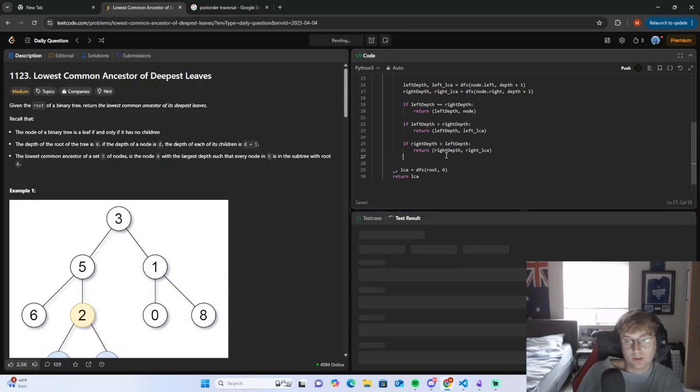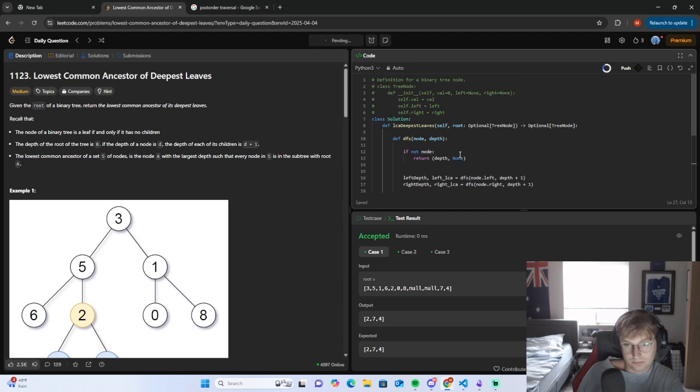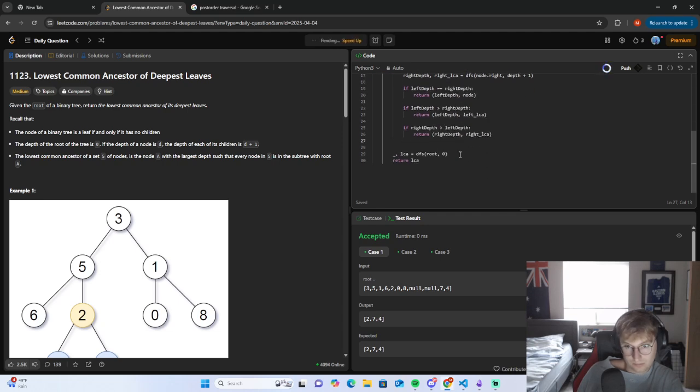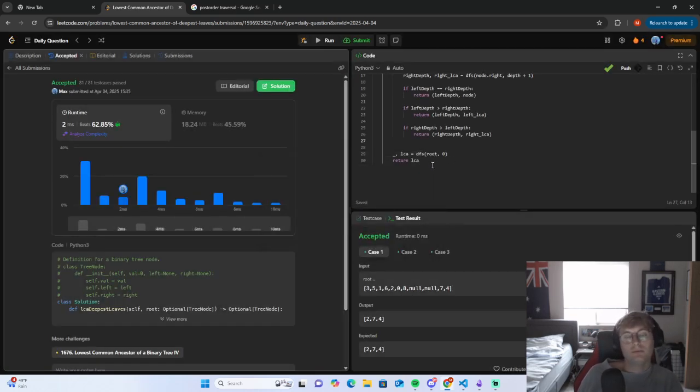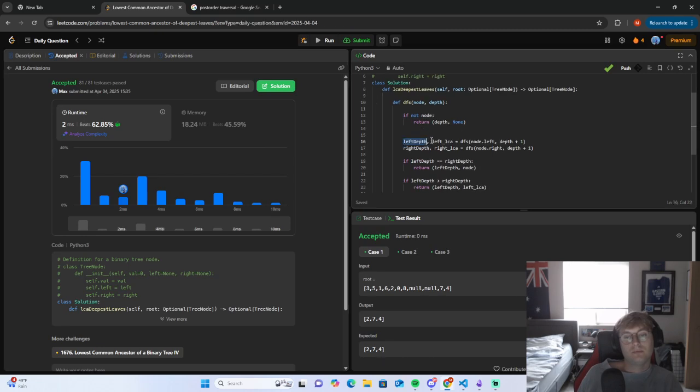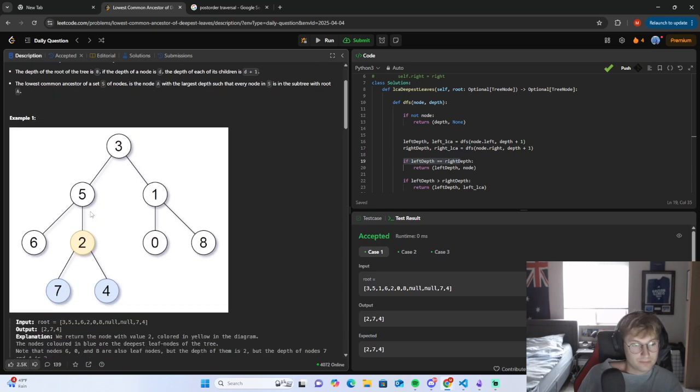Do we need this return statement here? Interesting. So we looped through. We checked. Well,